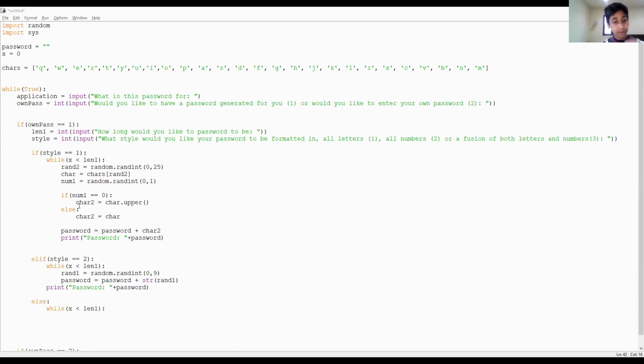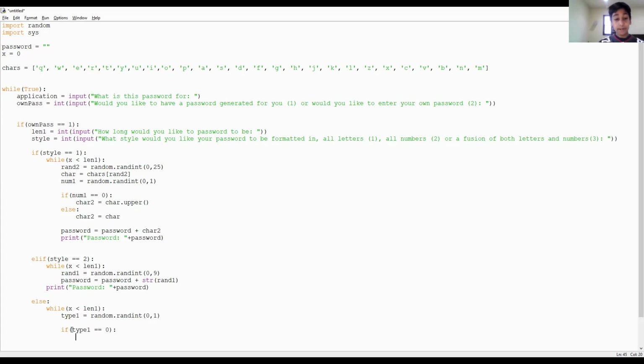So if we go to this, we're going to have type 1 equals random.randint(0, 1). We're going to use the same thing, so a 50% chance it's going to be a letter and 50% it's going to be a number. This makes it pretty even. So once we have that down, we just want to do this. So if type 1